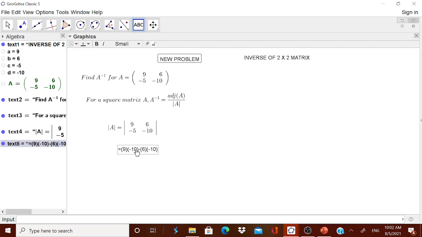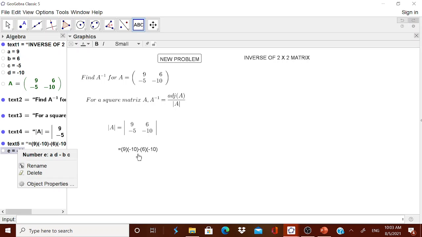Now I think the child will come to understand how the multiplication has to be done. Now if you want, you can get the value of the determinant directly in the input box. You simply write AD minus BC. Okay, now automatically you will get it as minus 60. You know that it is minus 90 then plus 60, sorry, yes, therefore the answer you are getting. I think I did minus 90.